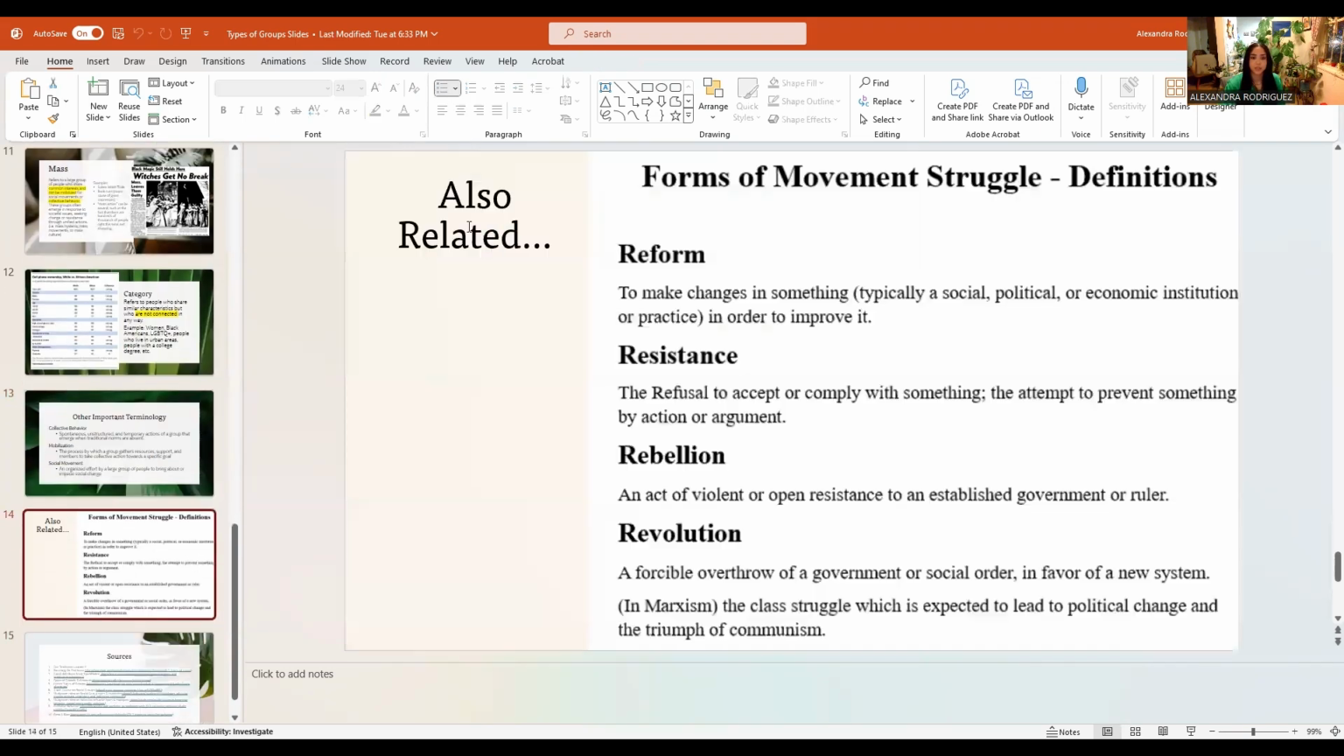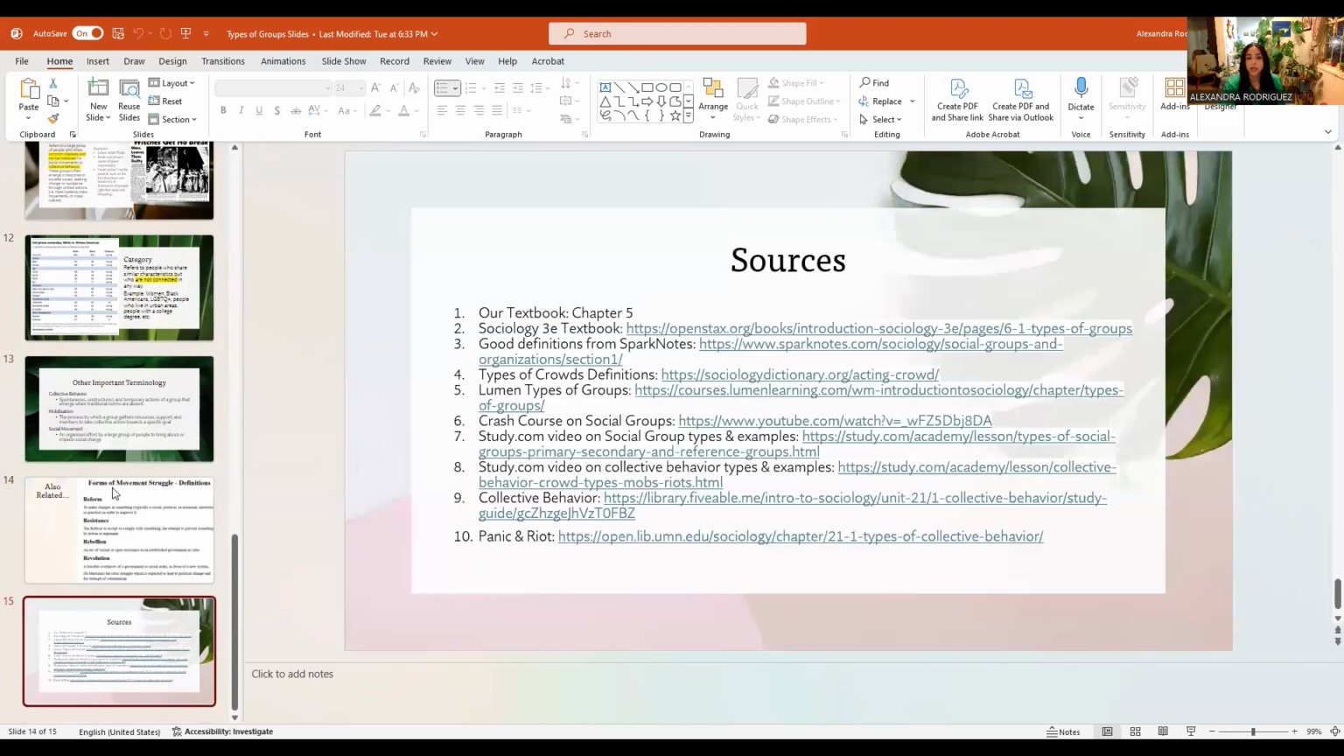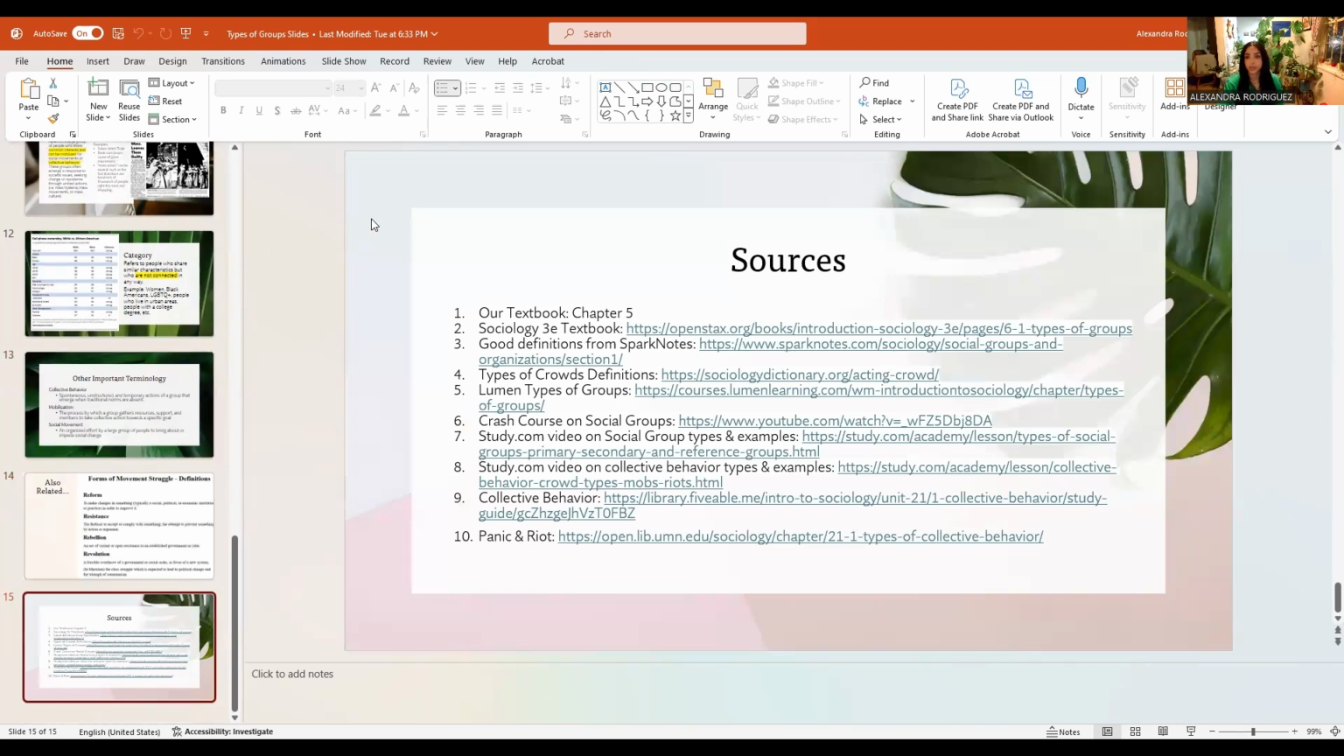I also suggest looking into reforms, resistance, and rebellion and revolution if you're curious about social movements. But here are my sources as well. I hope that that helped differentiate some of the groups that we have in sociology. I know it can be a bit